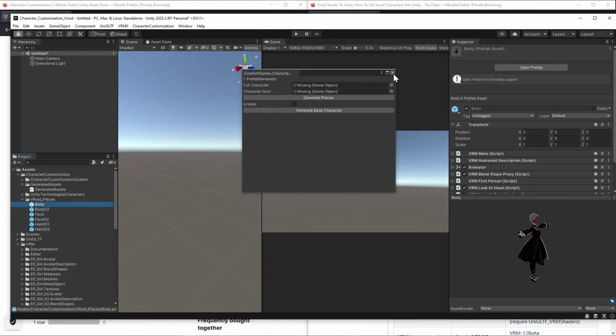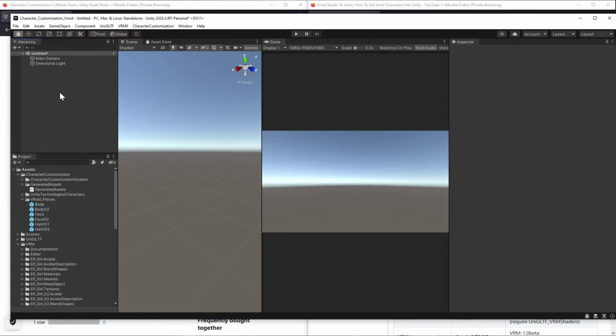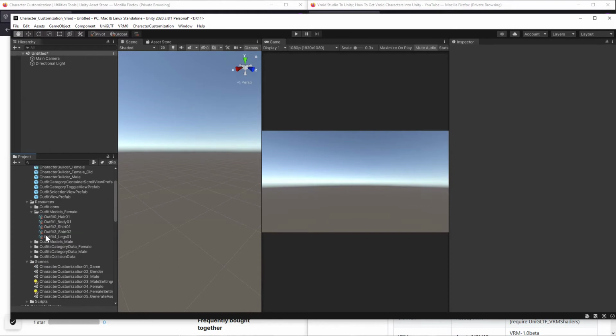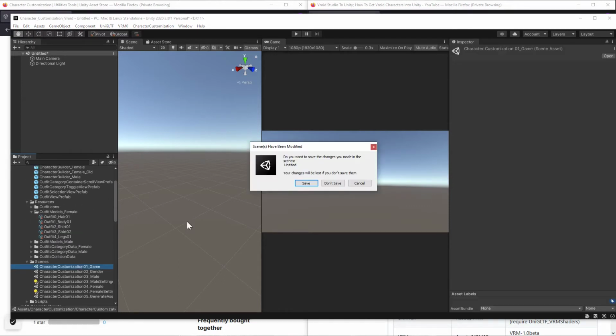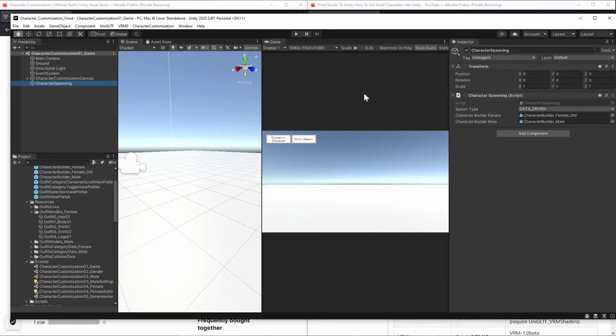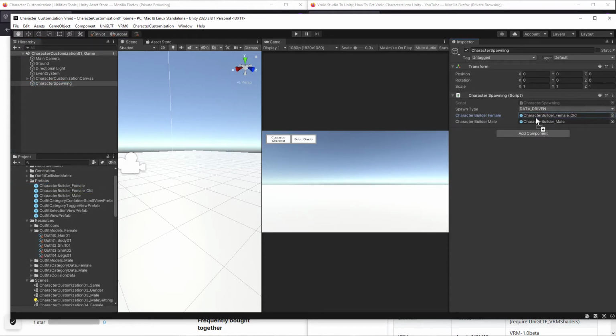So we have pieces, we have a character base. Now we can go and proceed with the rest of the setup. So character customization system, we'll go to our scenes and we'll go into the game scene. Don't save this scene because, you know, it's just all set up. So here we have character spawning that's referencing the original character base, female old. Now we have a new female, so we need to go and reference the VRoid female base,